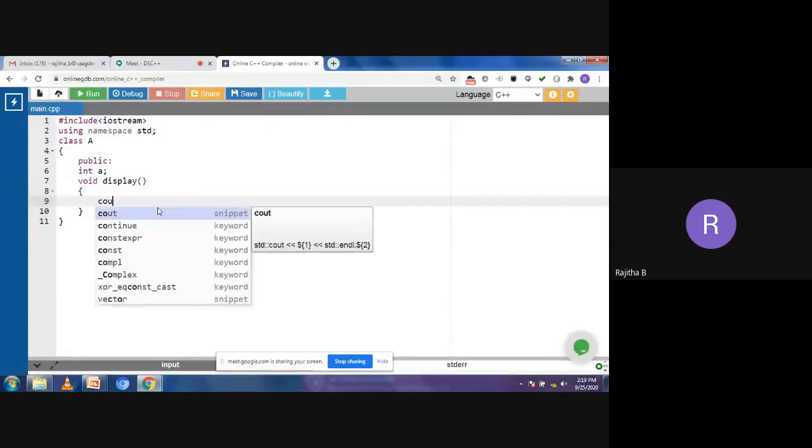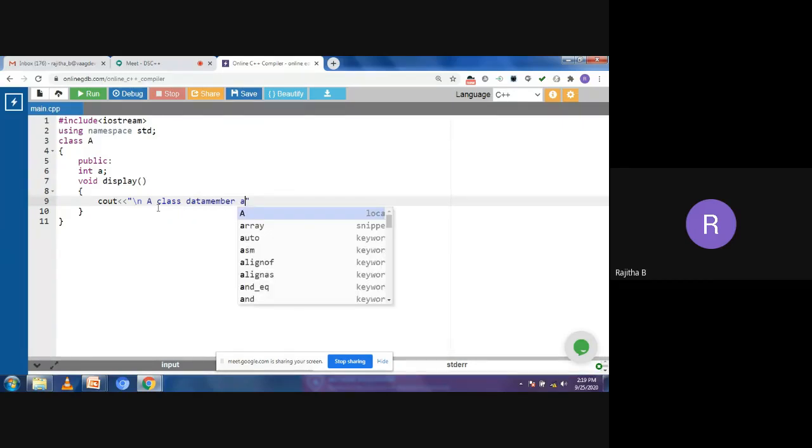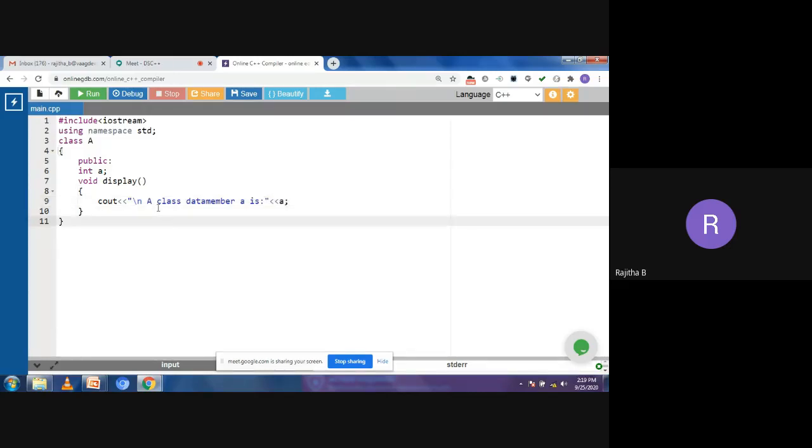Here I'm taking a statement to print the value of the A class data member: data member A, value is A. Now I'm closing the class.